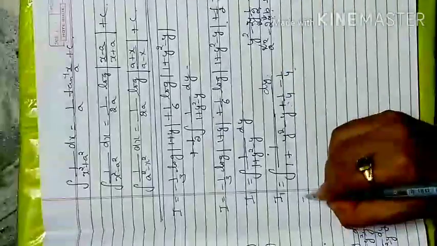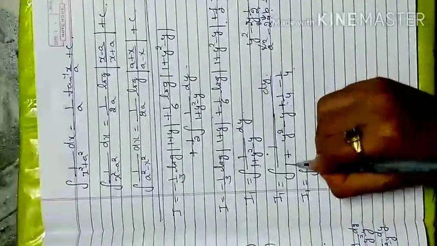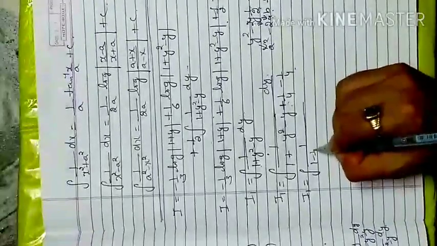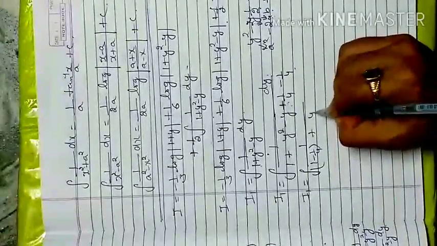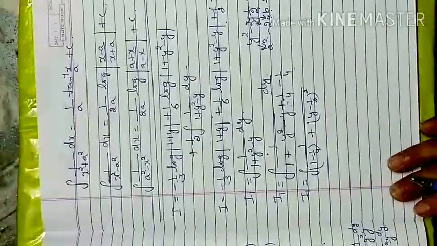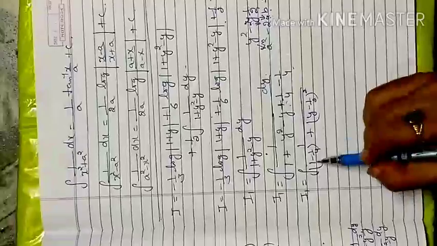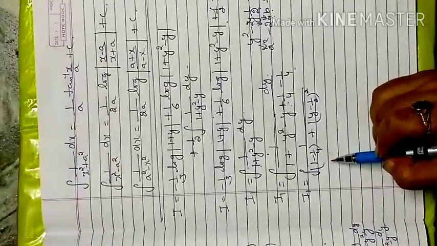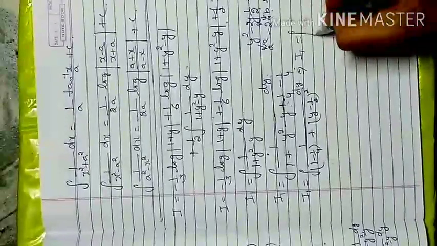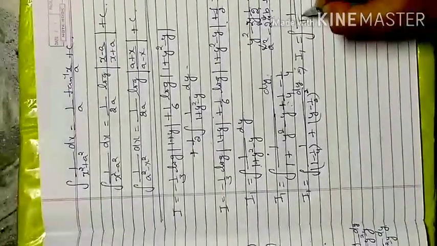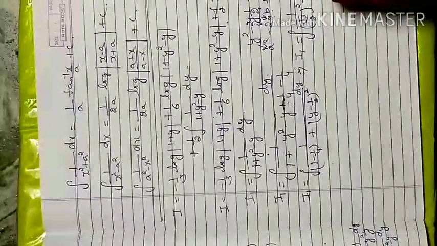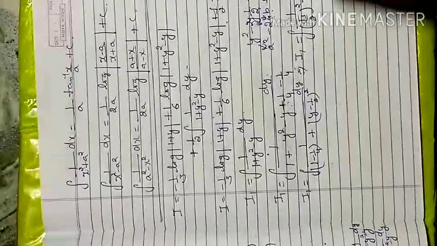Now here next is I1. So 1 minus 1 by 4, the constant term, will be separated: 1 minus 1 by 4 plus y minus 1 by 2 whole square. So this term is left here. Now when you solve this, 4 minus 1 is 3 by 4. So that gives you I1 is equal to the integral of 1 upon root of 3 by 4. I can directly write it as a square root, it's better for applying the formula. Then y minus 1 by 2 whole square dy.